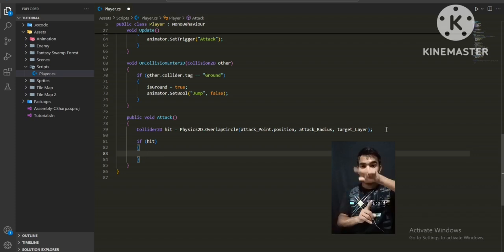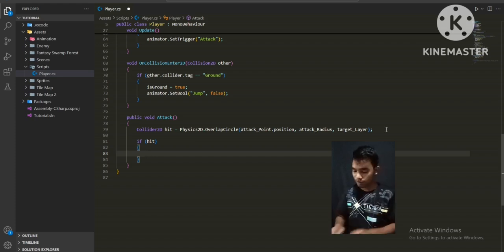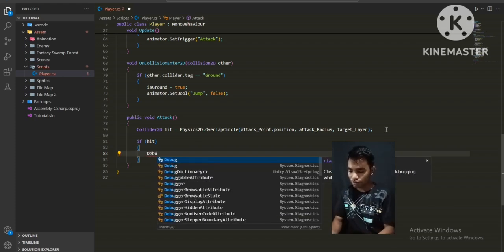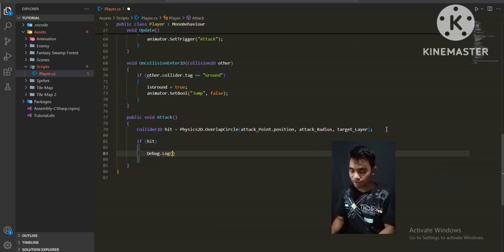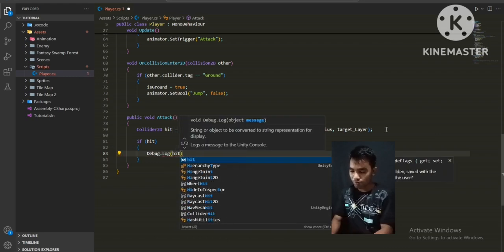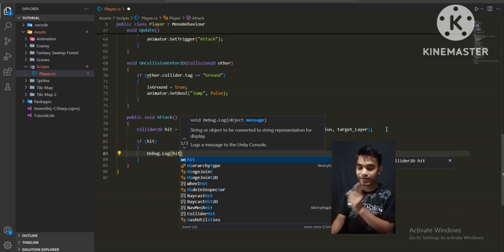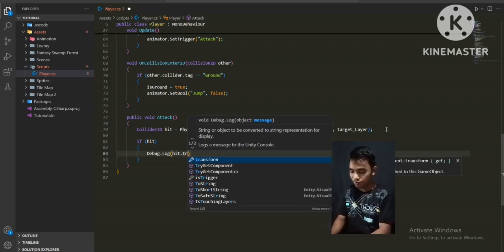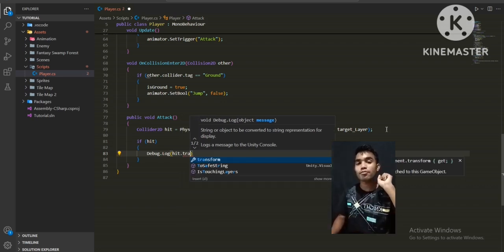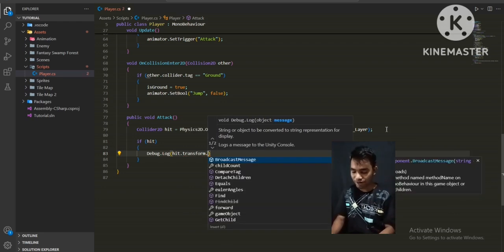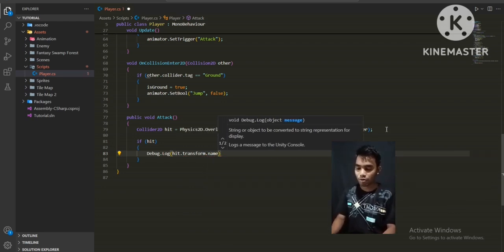So basically the circle is really colliding with that enemy game object. So what we want to do, let's print out a message firstly, to check if we are really colliding with that game object or not. So we have to type Debug.Log for printing out a message. Make this bracket, then we will move to this hit parameter, or hit variable. Then we will access that game object's transform component, and by that transform we will access the name of the game object, as you can see, and close that off with a semicolon. Control S to save your code,